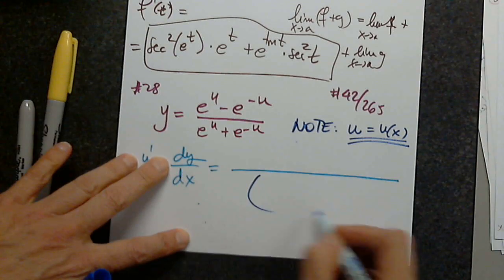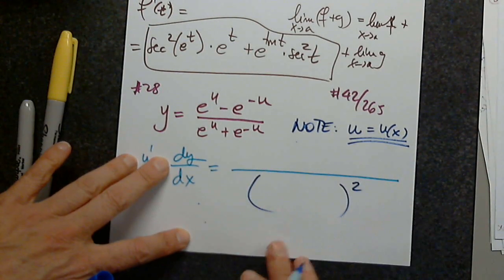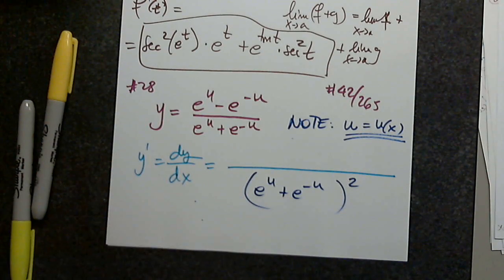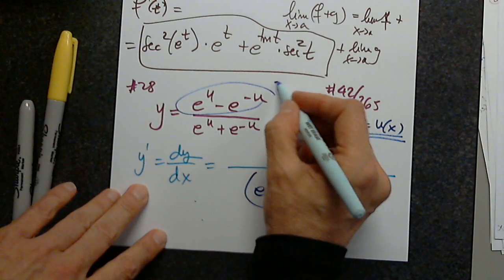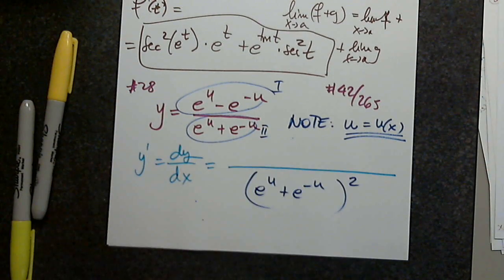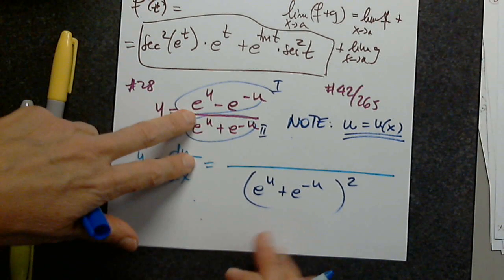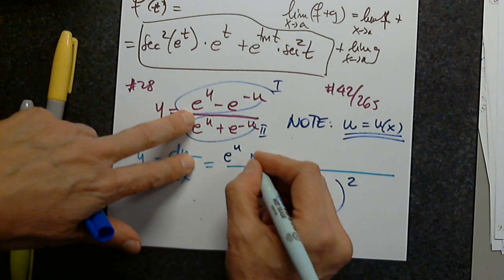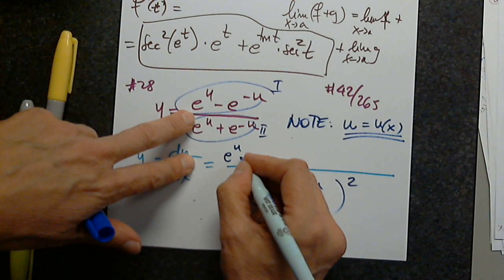Okay, so I will copy the denominator because that's the easiest. I don't have to do much. E to u plus e to negative u, and it's squared. Now, if you're using my method with 1 and 2, then you will say 1 prime times 2 minus 1 times 2 prime. Okay, so if you want to do that, e to u prime is e to u times